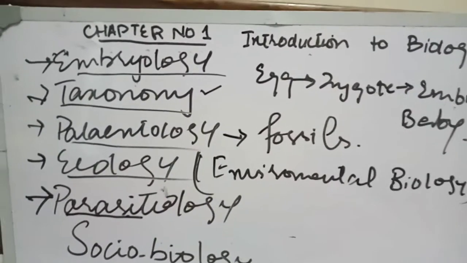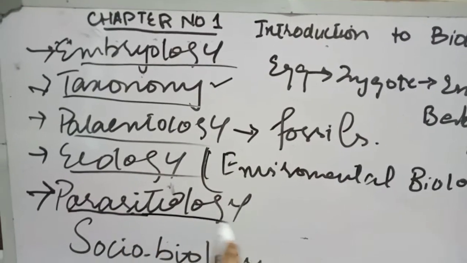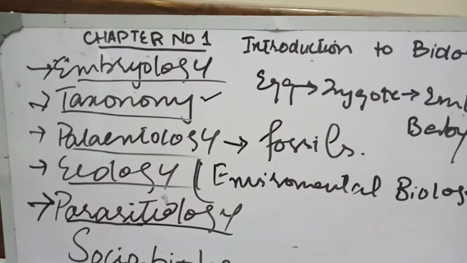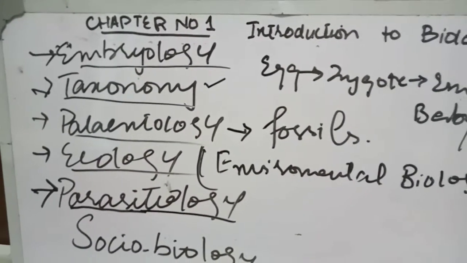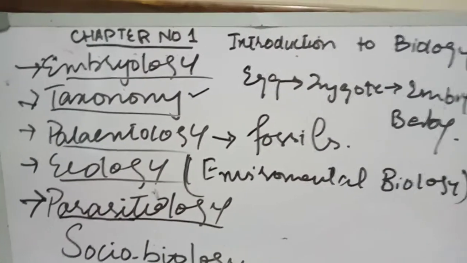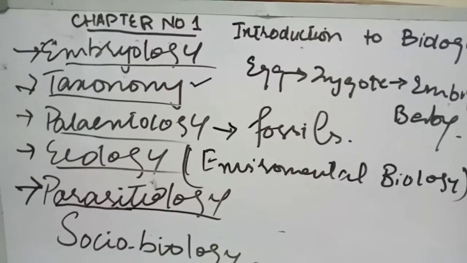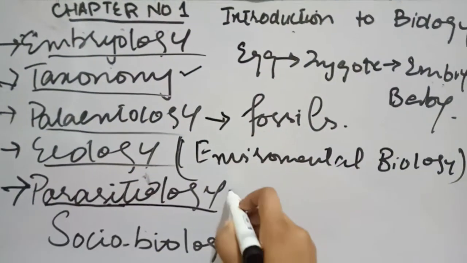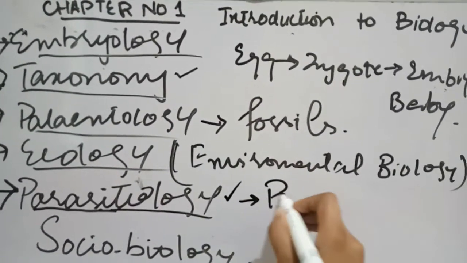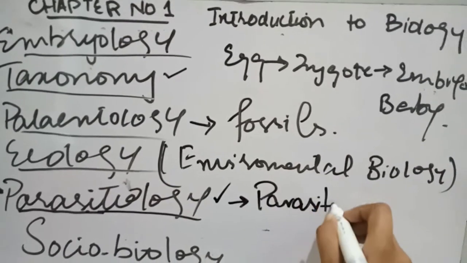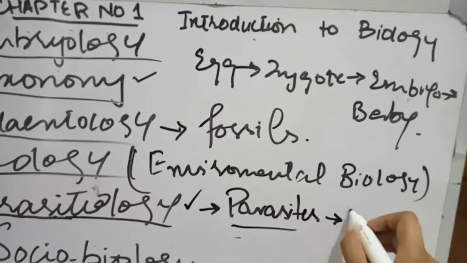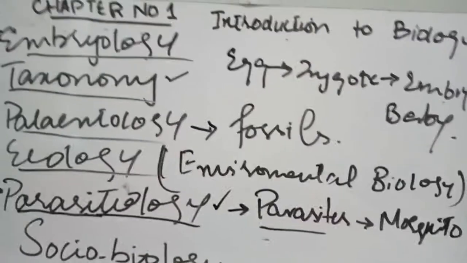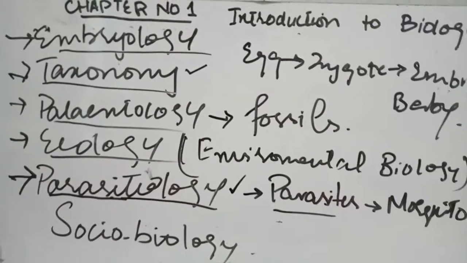And the branch of biology in which we study about parasites is known as parasitology. We will study their structure, their habitat, their mode of transmission, their life histories, and host-parasite relationship. All are studied in this branch of parasitology. And what are parasites? We have taken an example of a mosquito. Then we will move towards